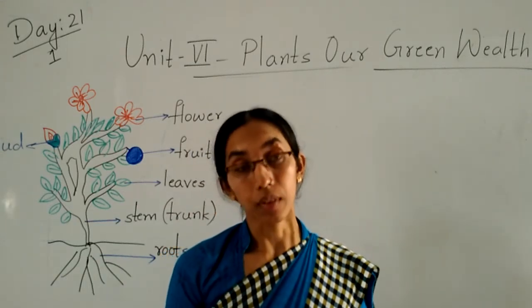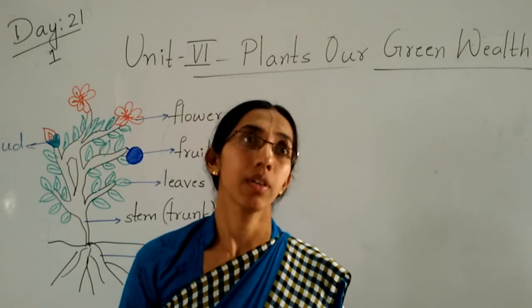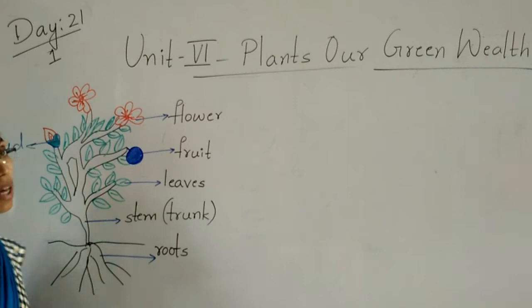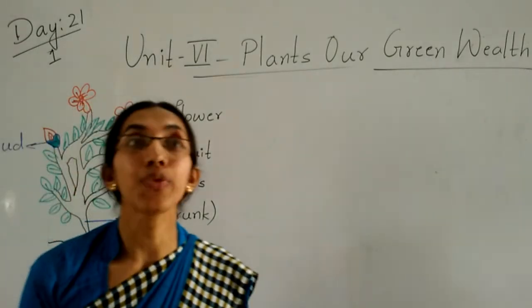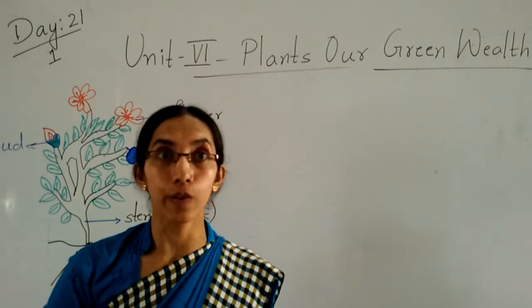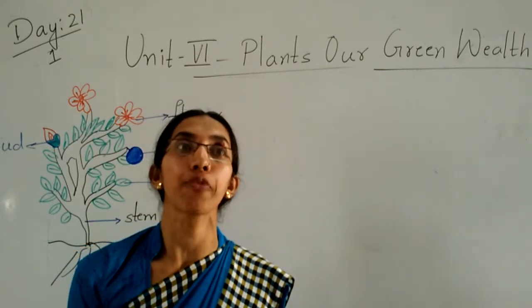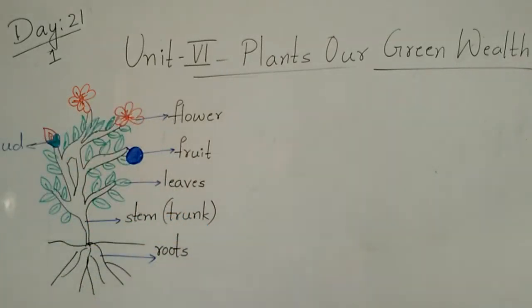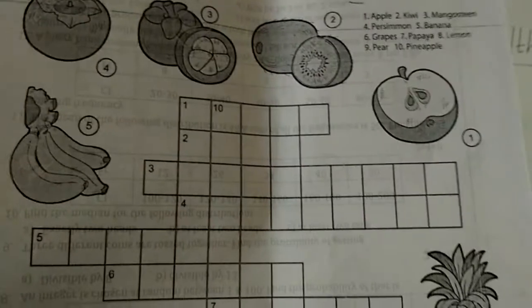So we have the numbers of fruits. All the fruits come from the plants and trees. Children, so trees give us fruits also. We have the varieties of fruits. So children, the next worksheet is what? You have to write here fruits name. What should you write? You should write the fruits name.